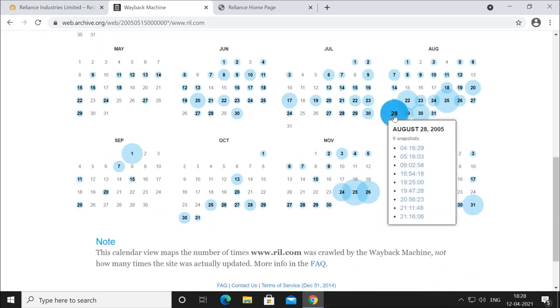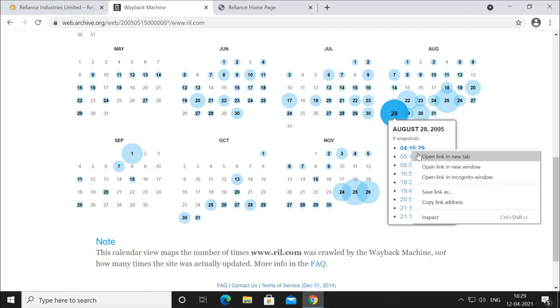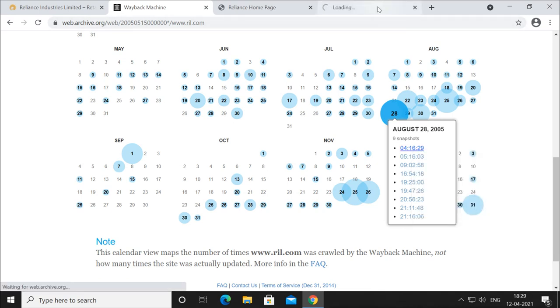On 28 August they are doing changes very quickly. That means there was some problem they were trying to fix. So let's say this was 28 August 2005. I want to see what the site looked like that day.